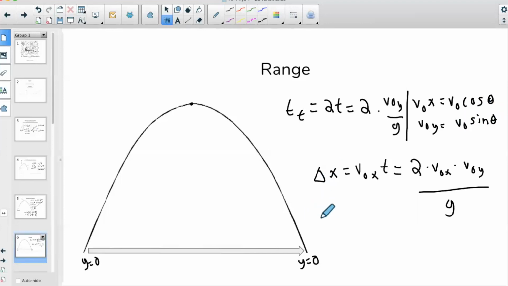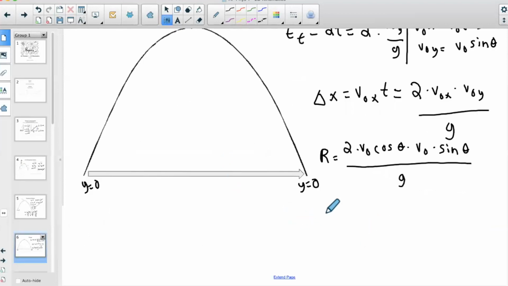So we can replace delta x with R, which stands for range, similar to how we replaced y with H for the maximum height. And so we're going to get R equals 2 times v naught cosine theta times v naught times sine theta, all over g. Now, we can simplify some things out here, and we're going to get that the range is equal to 2 times v naught squared sine theta cosine theta